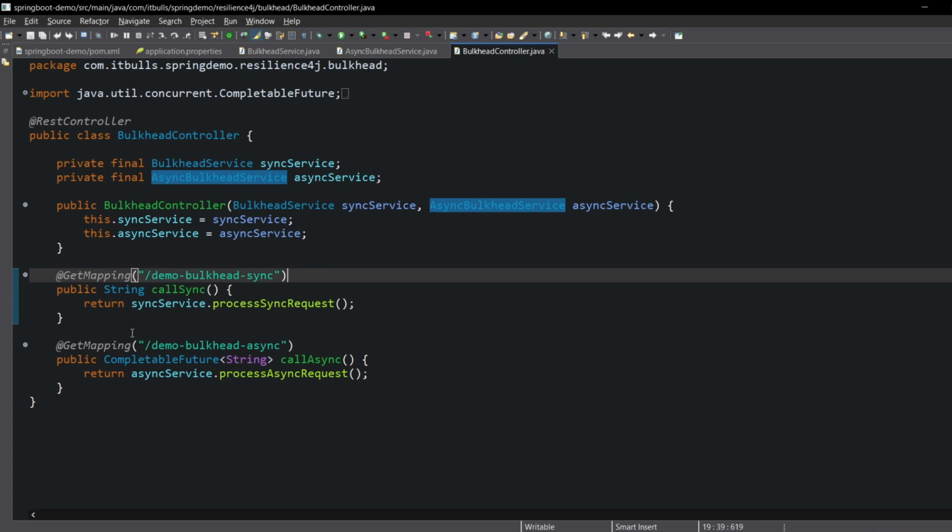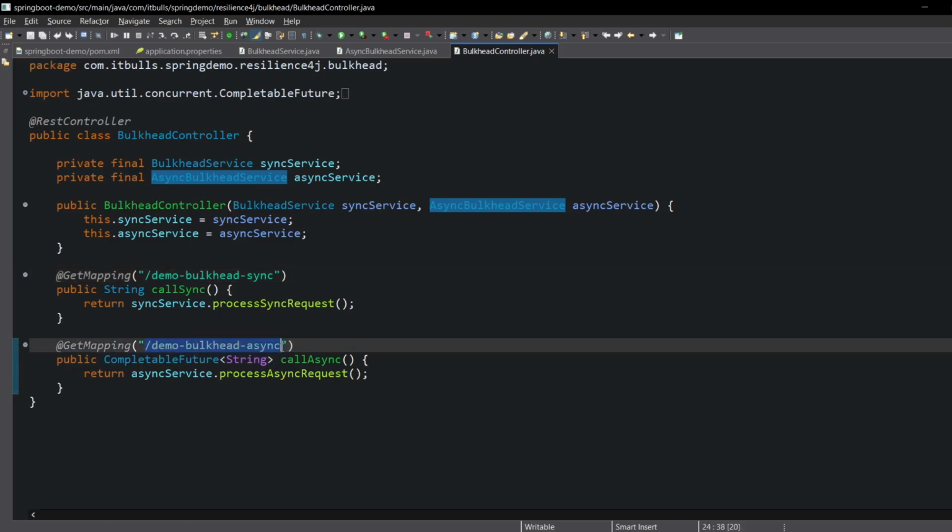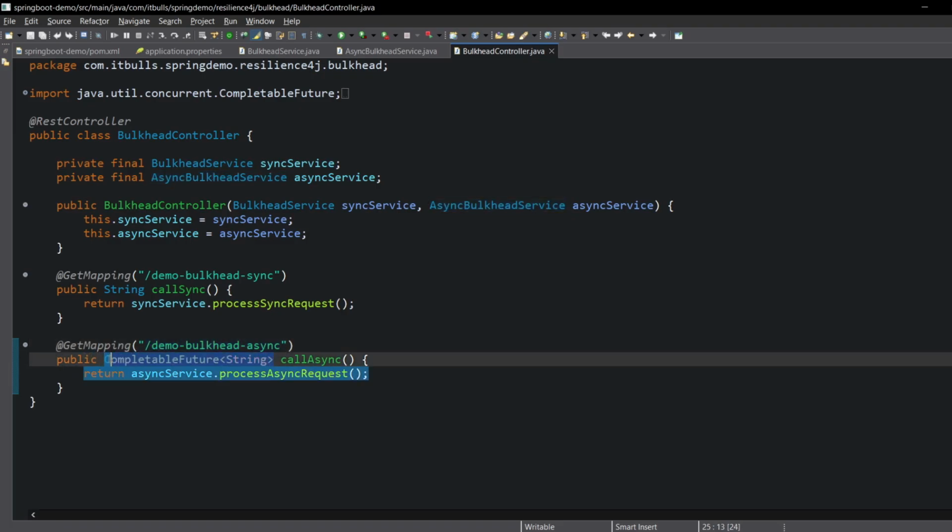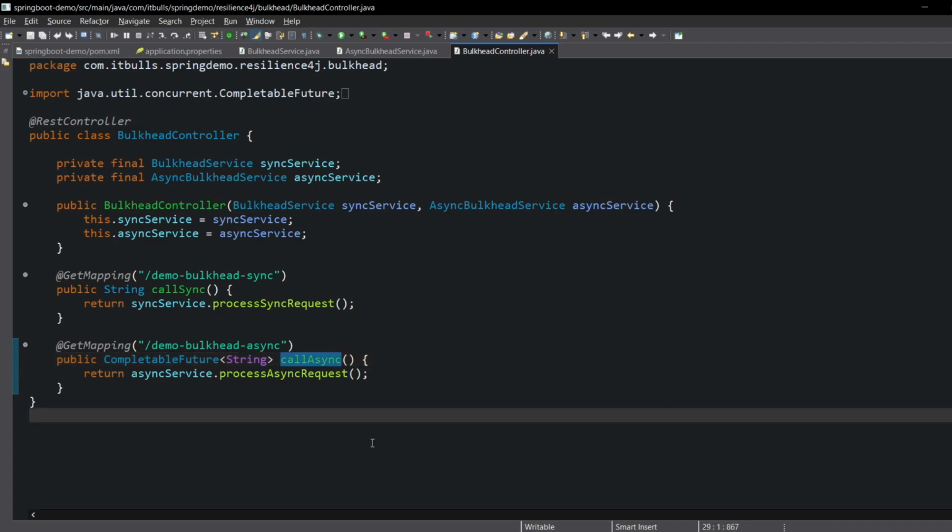The second endpoint, /demo/bulkhead/async, works a bit differently. It returns a CompletableFuture, which allows the request to be handled asynchronously. This endpoint delegates the execution to the thread pool defined by the thread pool bulkhead configuration. If the pool has available threads or queue space, the request will be processed. Otherwise, the fallback defined in the async service is called, and the client receives a quick response indicating that the system is under load. So this controller gives us a practical and testable interface for demonstrating both types of bulkhead